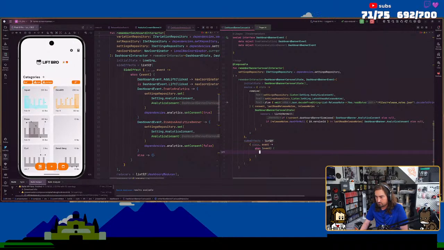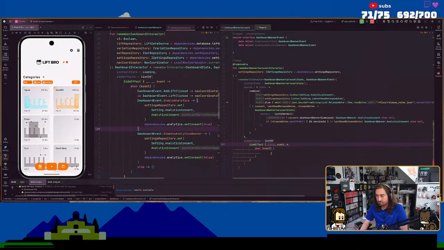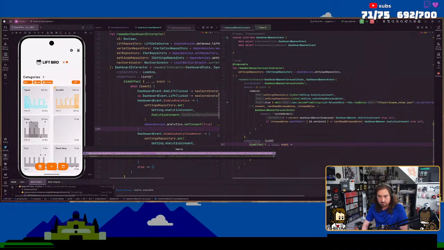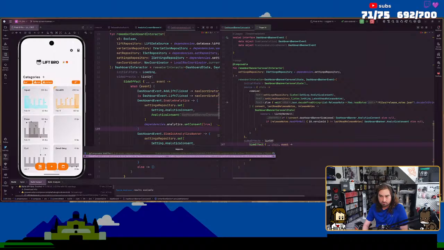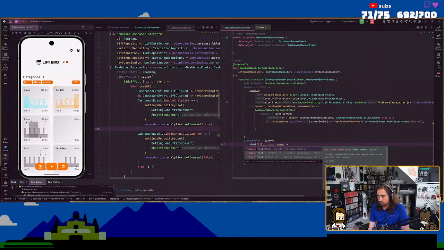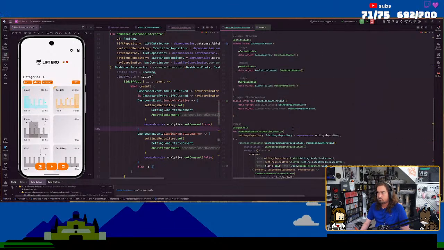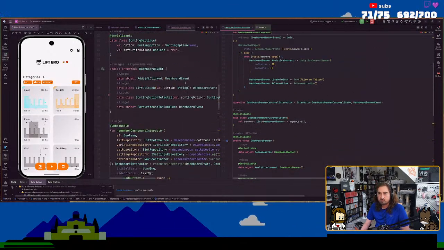Can't I just do that? Oh, right. There's the dispatcher. Dispatcher state event. Oh, and then I have to import it. Why can't I?